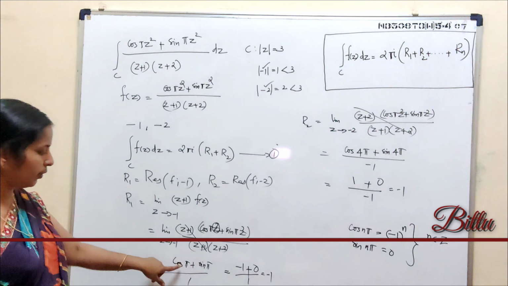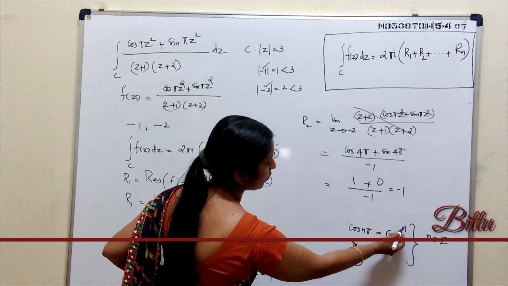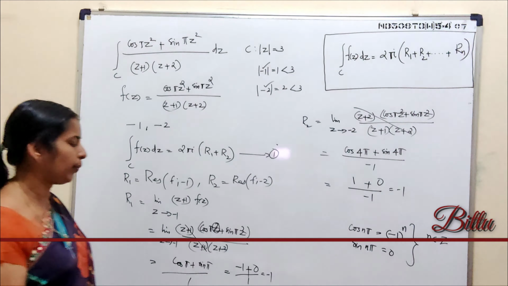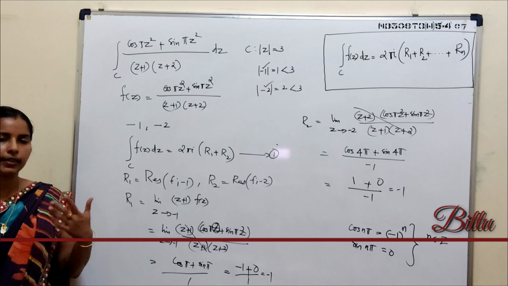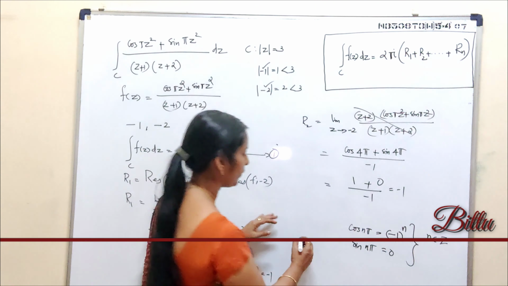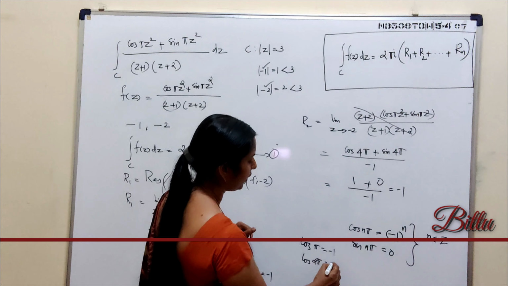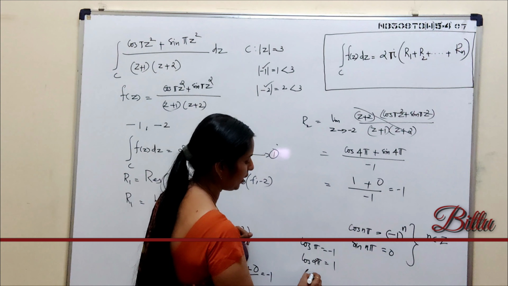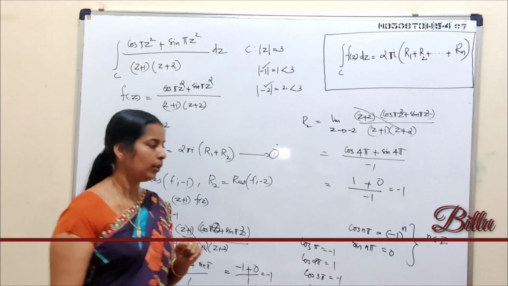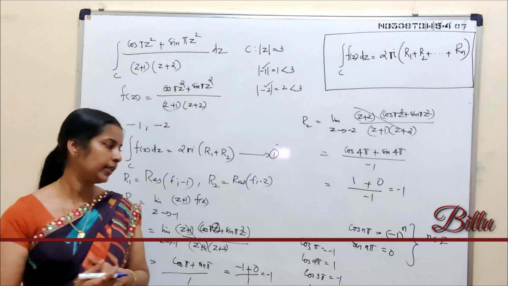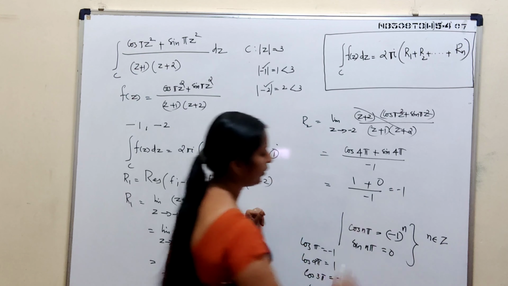Here also cos pi, how to evaluate cos pi? You put n equal to 1. When n is 1, cos pi is minus 1 raised to 1, that is minus 1. Sin n pi is 0, means sin pi 0, sin 2 pi 0, sin 3 pi 0, sin 4 pi 0, etc. Similarly, if n is 1, cos pi is minus 1. When n is 2, cos 2 pi is minus 1 square, that is plus 1. When n is 3, cos 3 pi is minus 1. Cos 4 pi is plus 1, like that. So, for evaluating sine and cosine integral values of pi, you keep this result in your mind.